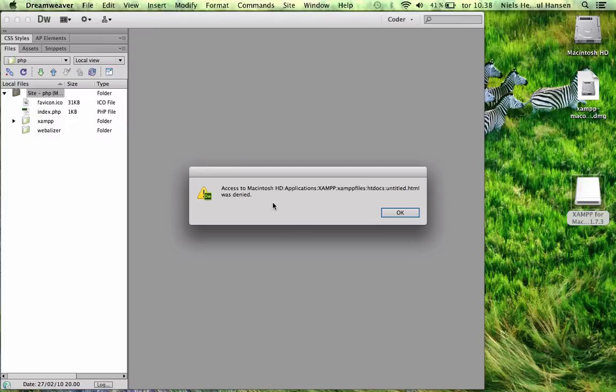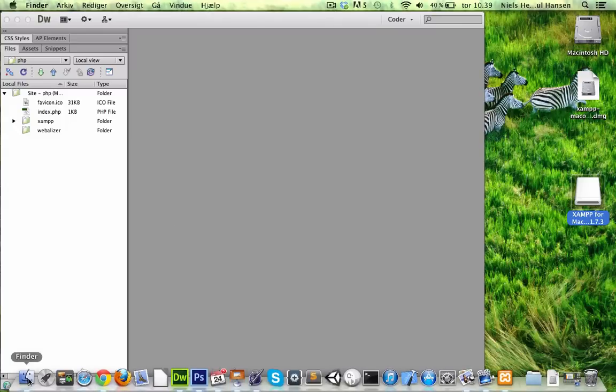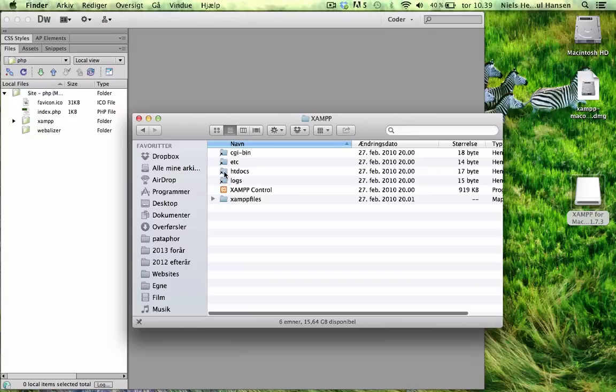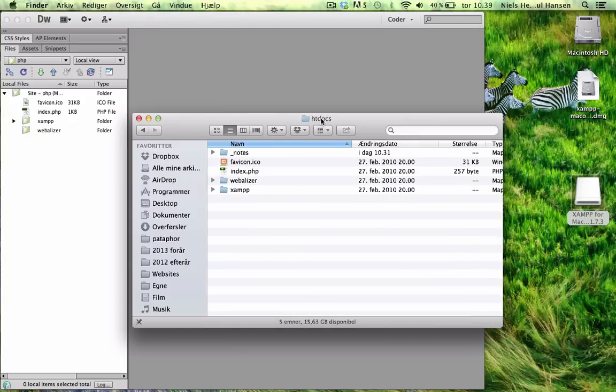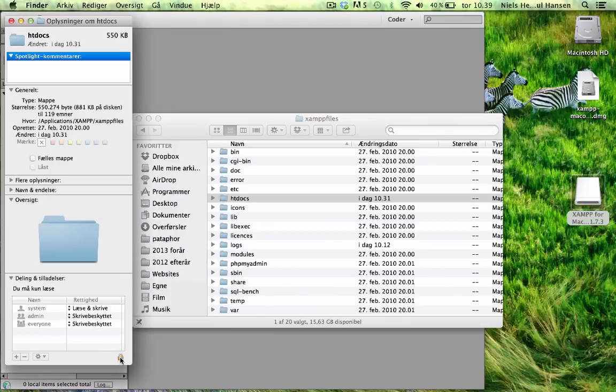But as you can see, by default, when you install on Mac, the htdocs folder is read only. So I have to go and fix this. So I'll find my XAMPP folder again down here, and in the htdocs, I'll just step right back to the XAMPP files, and then choose the htdocs folder and press Command I for info. And down here I will just tell the operating system that it can be read and write for everyone, so it's possible to write